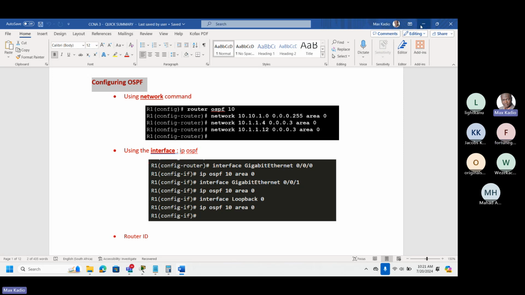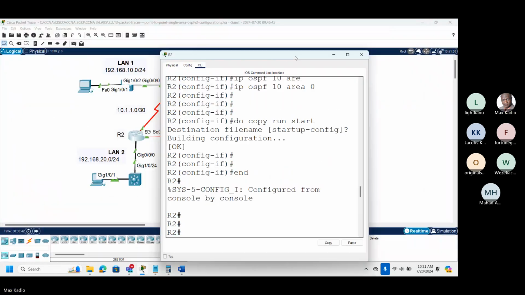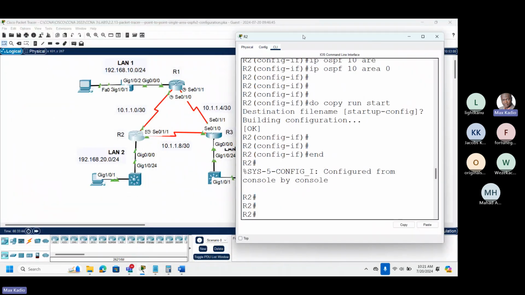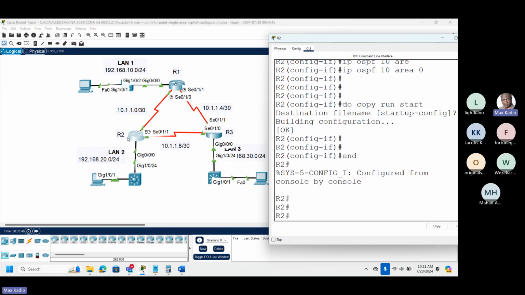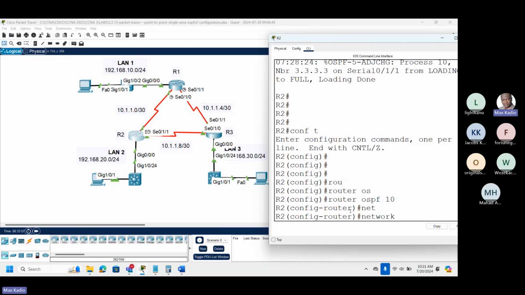Okay, so let's start. We're going to add the networks. We are on router 2. So the networks, we can add. Router 2 is here. For the network, we can add LAN 1,